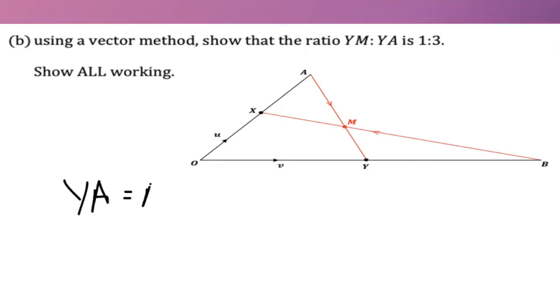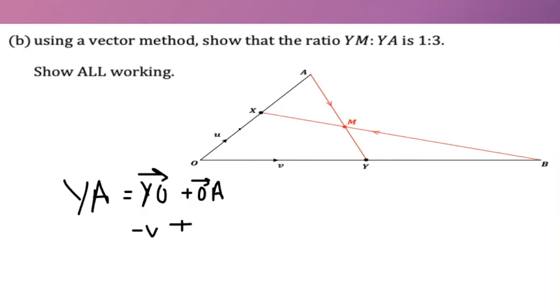YA is equal to YO plus OA. So YA is equal to YO plus OA. YO, because I'm going the opposite direction, that's going to be minus v. And then OA,